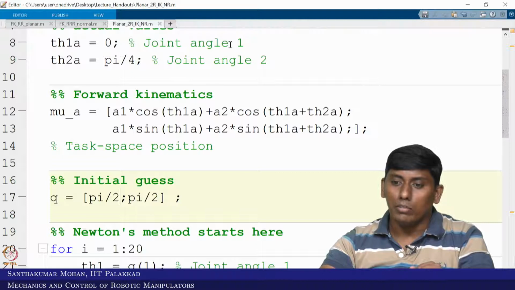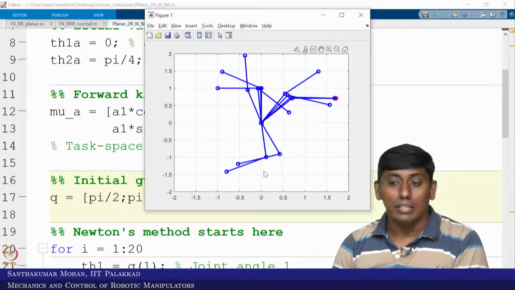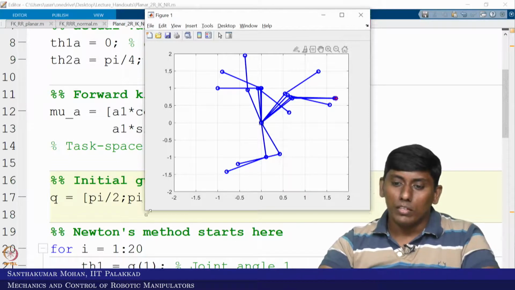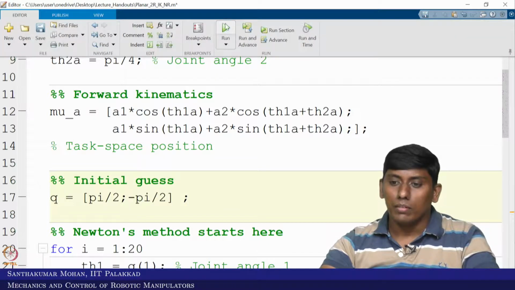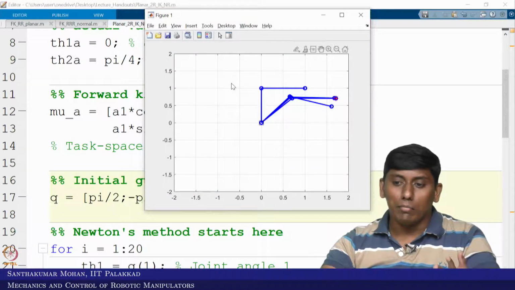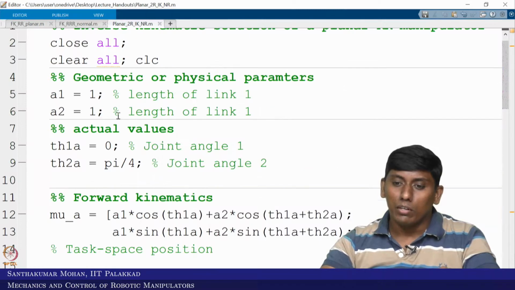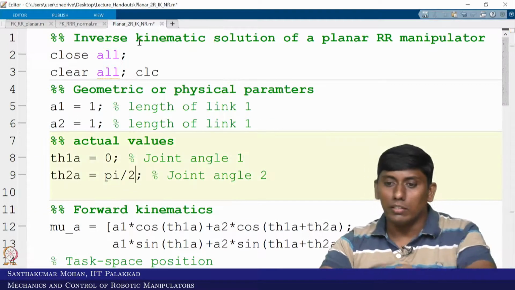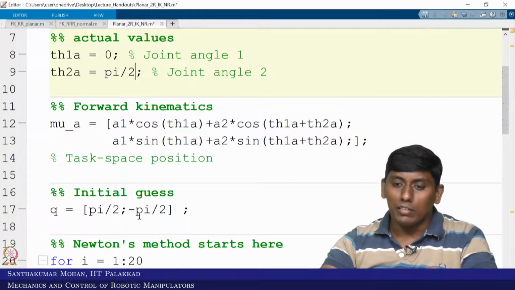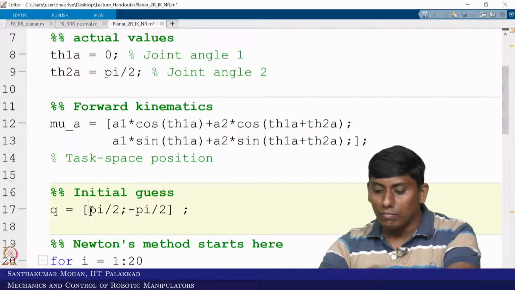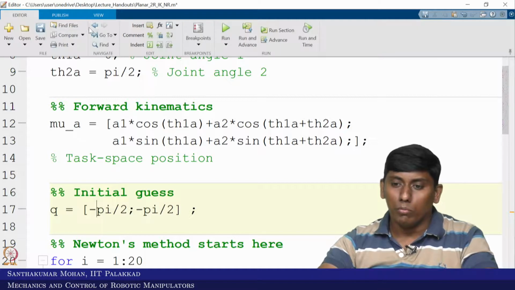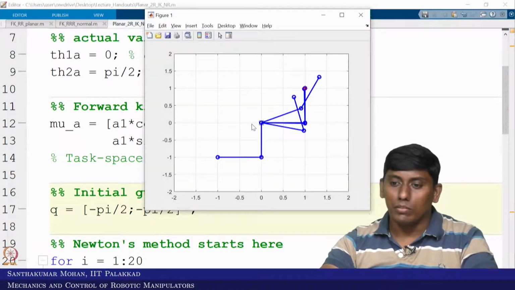Now I am giving this, and you can see it is getting the solutions. Now I will see if I can end up at any inflection point. It is much faster, because you have given the initial guess here and you have to move here. Now I took this one. I start from a different point, this solution. So I just start with this. Both are minus pi by 2. So I start from here, and it has reached.